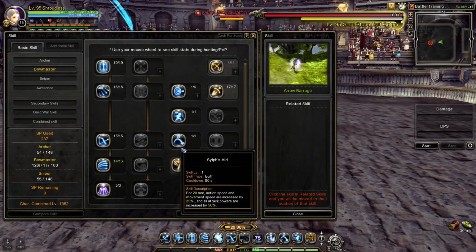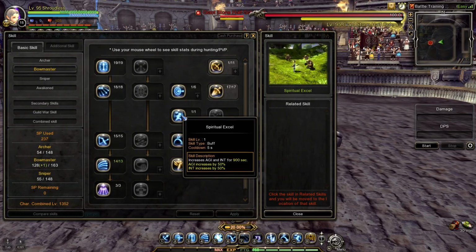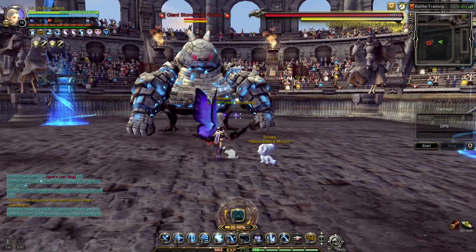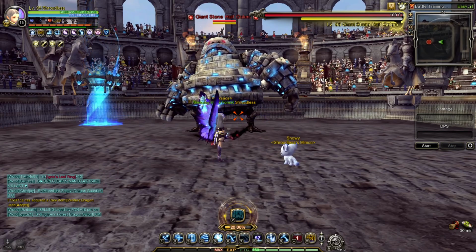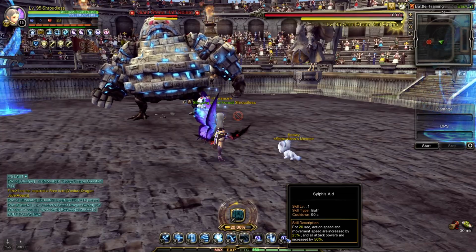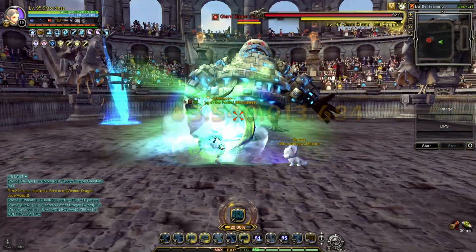It's pretty good. So the steroids, this one is just a generic one, agility and intelligence, so you get a little bit of magic defense. It's not too bad. This is Sylphid, a steroid. So what this does is it increases your action speed, so you can see